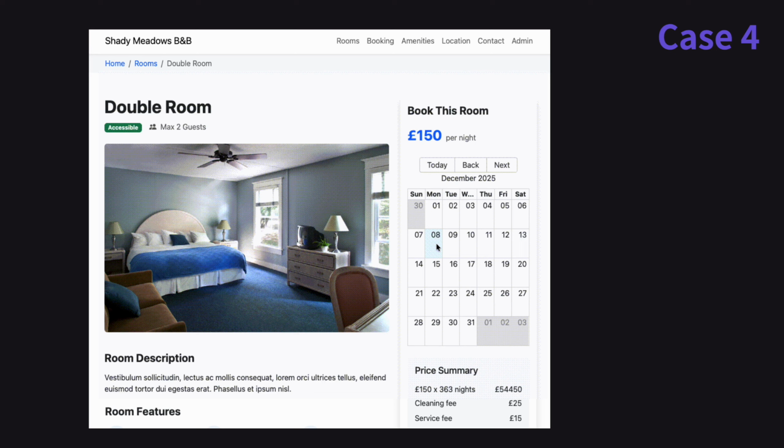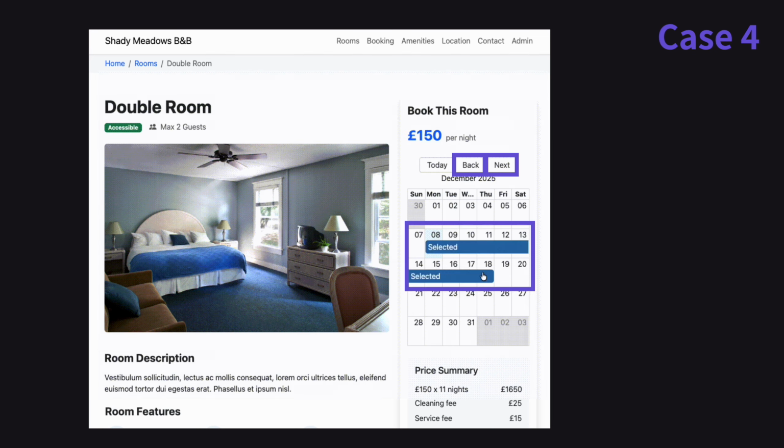This is a homestay booking website, and there's a date picker component on the right side of the page. This component works a bit differently. To switch months, you need to click the back and next buttons at the top. To select a date range, hold down the mouse on the start date, drag it to the end date, and